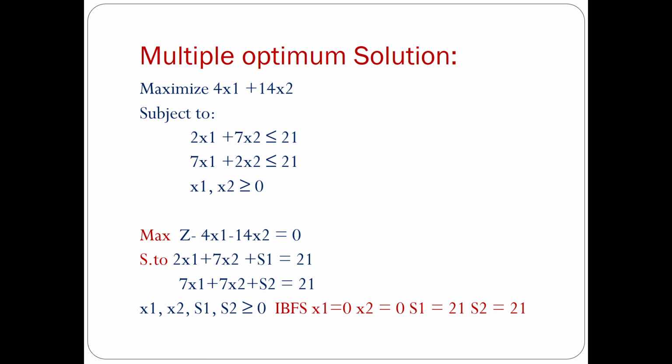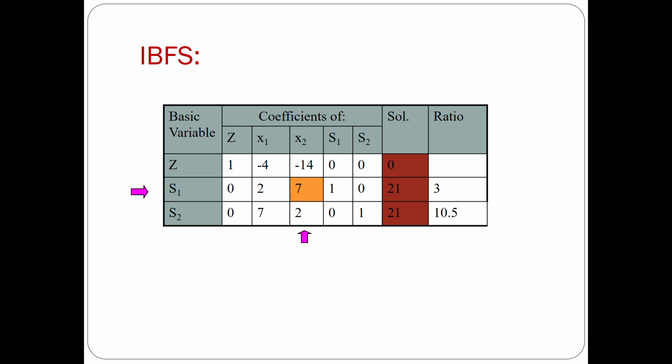And by having all this data, we have to construct the initial basic feasible solution table by having all these cost coefficient values like this. After constructing the initial basic feasible solution table, what will be the procedure? We have to look for the most negative number in the Z function row. The most negative in the Z function row is -14. So the corresponding column will be the key column and the corresponding variable is actually called the entering variable.